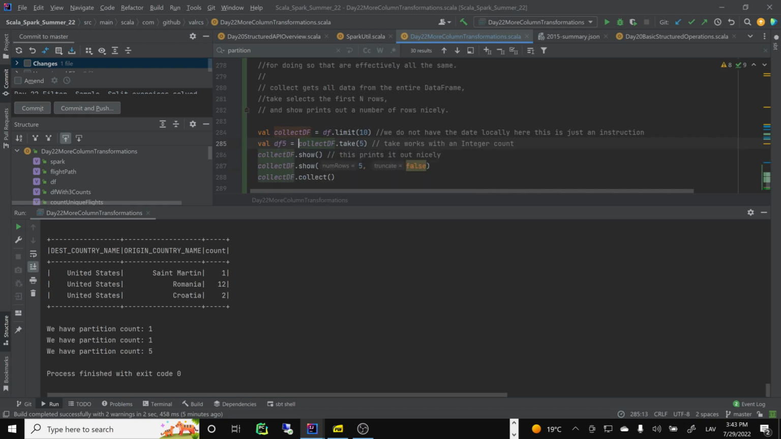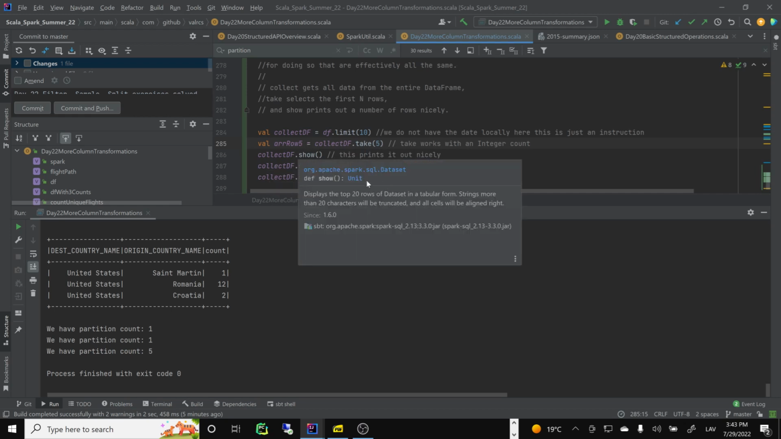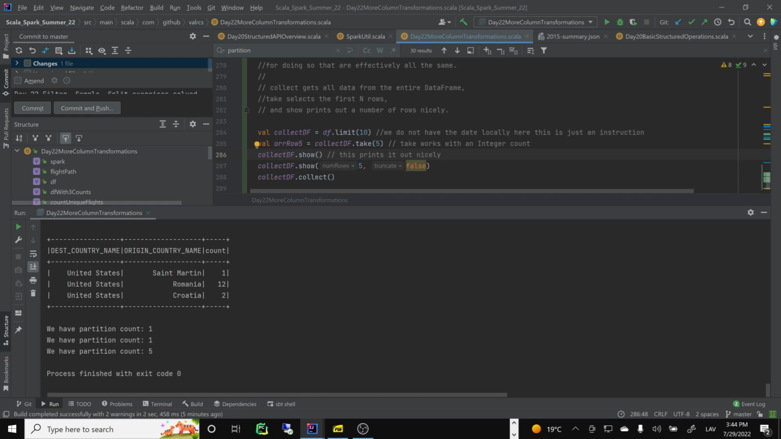Array of rows. So this is actually an array of rows, right? Again, just to show you that it's actually an array of rows. Show, of course, returns unit. Actually, no, show here returns unit, so this actually prints, right? However, this also prints